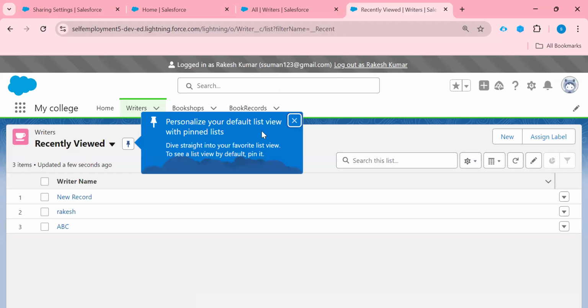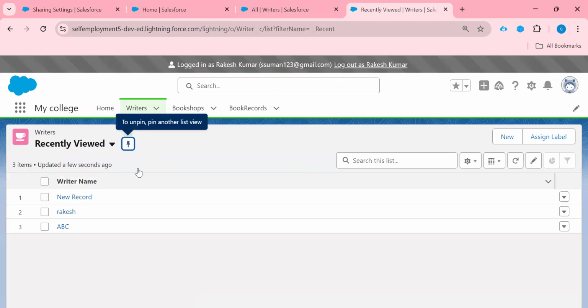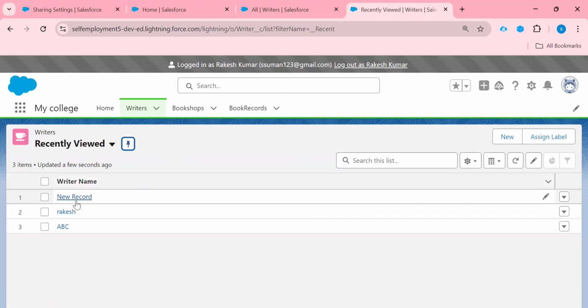The new record is available here, and it has read only accessibility. This person is able to see it because he is upper in the role hierarchy. But read only access is okay, everyone who has read accessibility can see it.